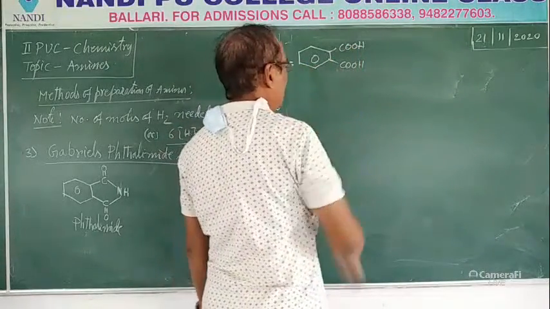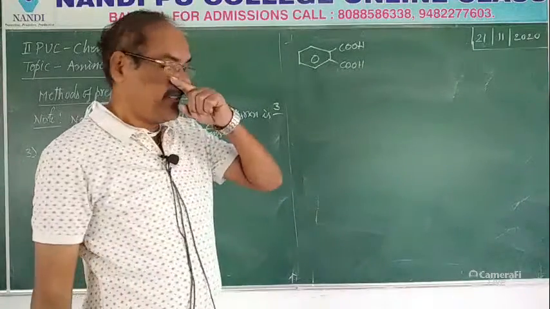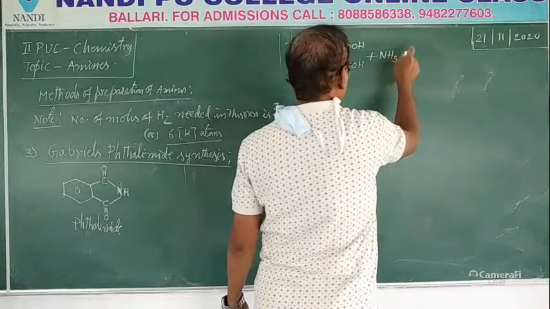When they are at the meta position it is isophthalic acid, and when they are at the para position it is terephthalic acid. From phthalic acid we are going to produce phthalimide. Generally it is treated with ammonia,